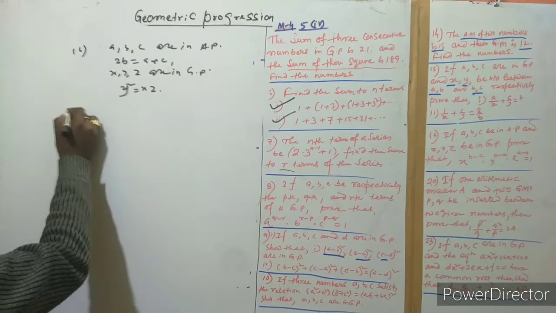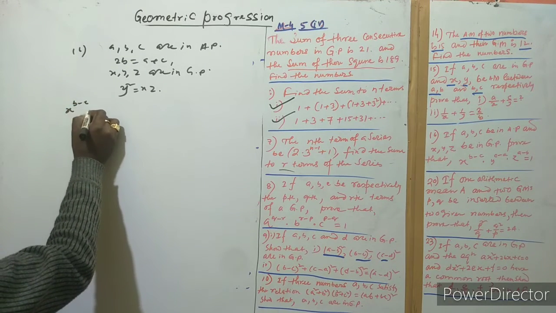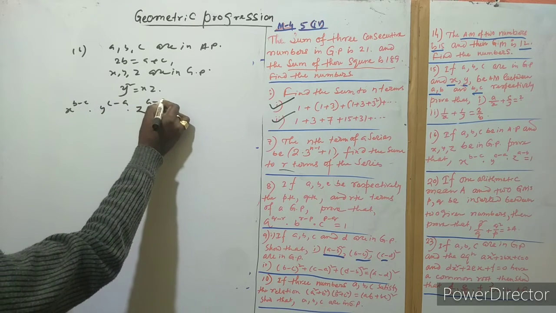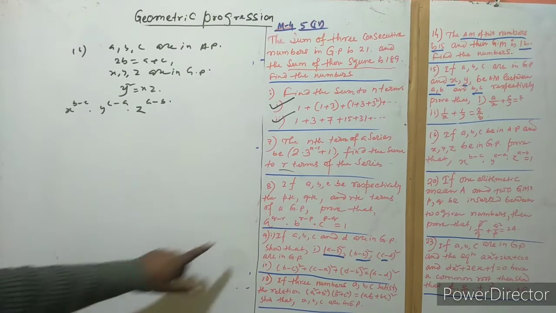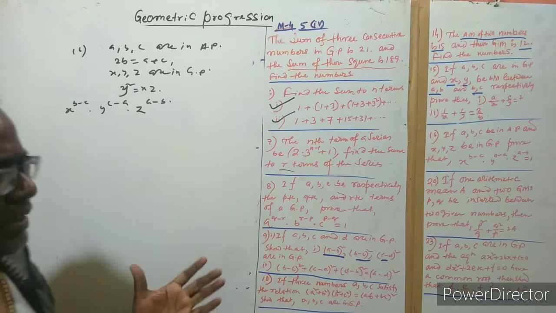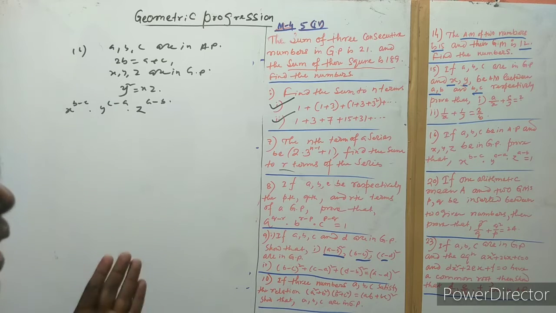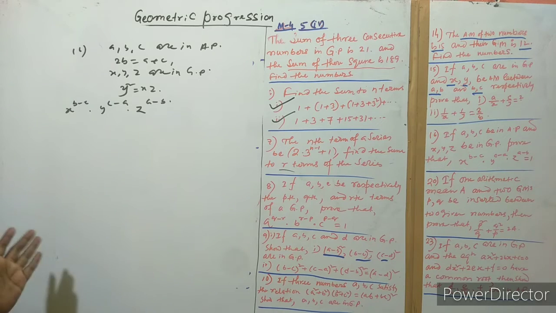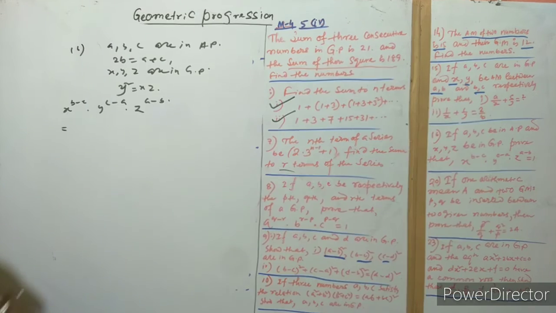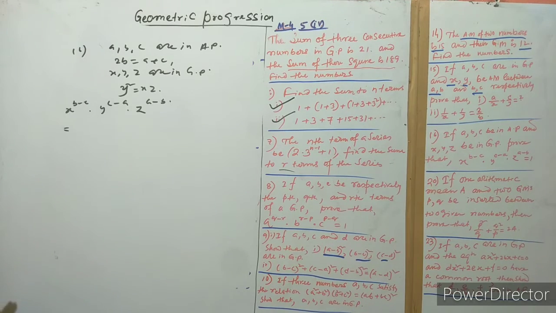And now we have to find the value of X to the power B minus C, Y to the power C minus A, and Z to the power A minus B. Actually, don't compare with this problem here. We can directly put A as a value in the form of X and Y to some powers. But if we want to get some relation between X, Y, Z, we want to convert to the same power. If all the powers are the same, then we apply the rules here.